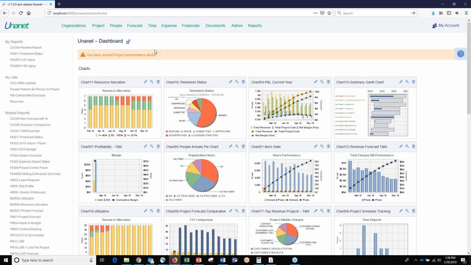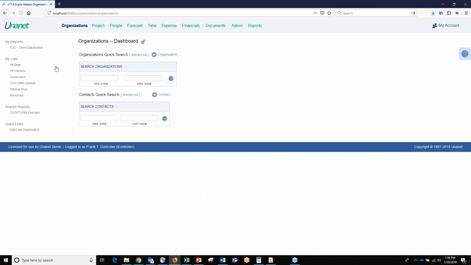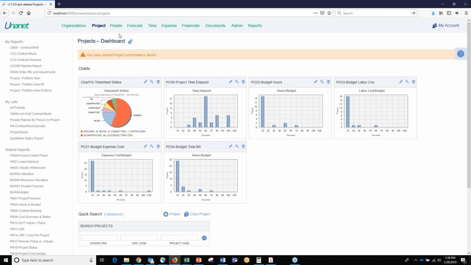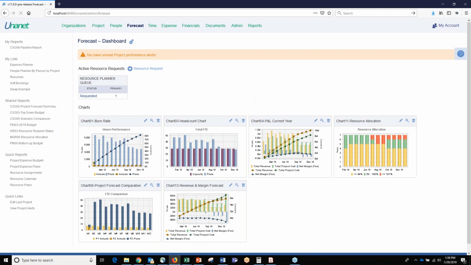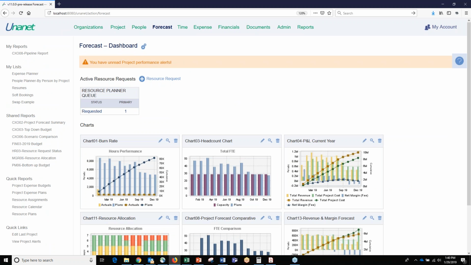And right now, you can make these dashboards as simple or as sophisticated as you want. This dashboard is fairly sophisticated because it allows us to answer 95% of the questions we get with 2 or 3 clicks of a mouse. You may only have one chart on your dashboard or certain reports on the left-hand side. So when we say the word dashboard, each of these menu items across the top represents a different dashboard. So this is our project dashboard with another set of charts and reports. This is our forecast dashboard with another set of reports. So you can place the various charts and reports on the different dashboards. I'm going to make it a little bit bigger so hopefully you can see it on your screen.